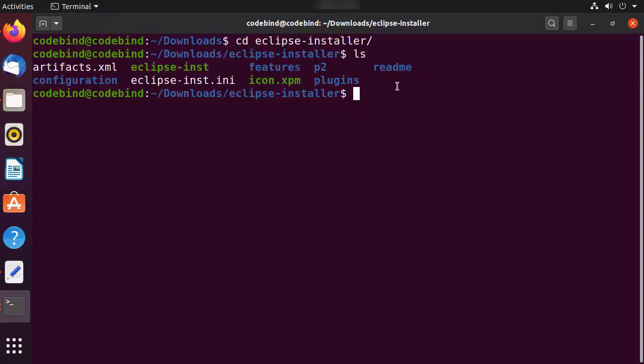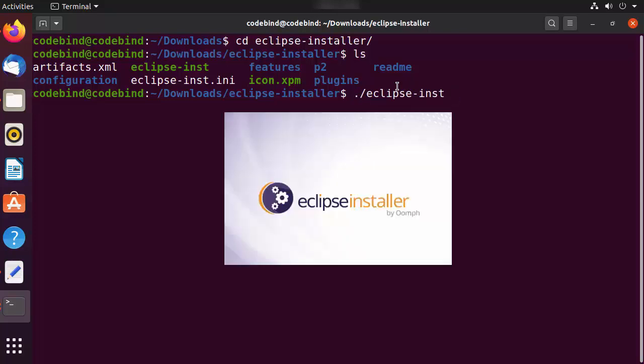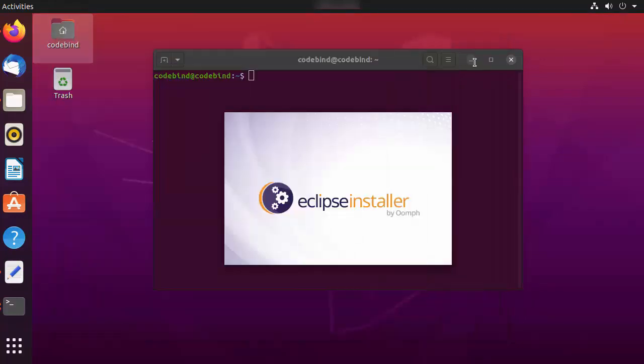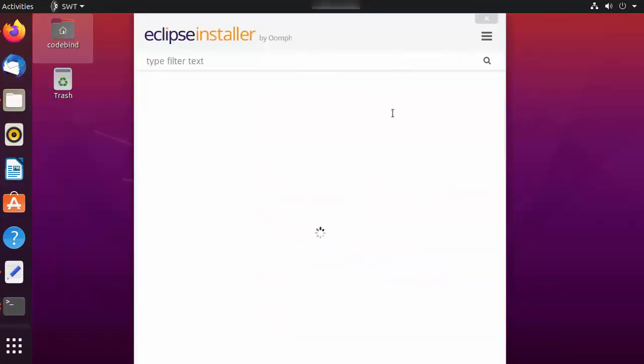So I'm going to write ./ and the name of the file, which is eclipse-inst, and then press enter. It's going to start this graphical installer setup. Let me minimize all my terminals.